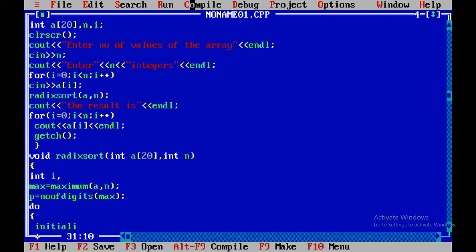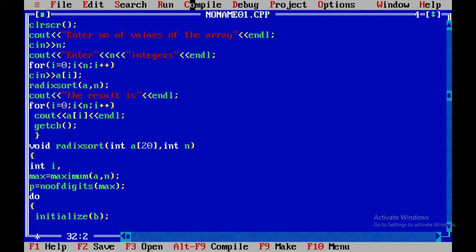Initialize p is a function. This initialization is just like a two-dimensional array. If you write that example, 0, 1, 2, 3 are the rows and the numbers are in columns. That's why it is a two-dimensional array. So I initialize all the buckets.